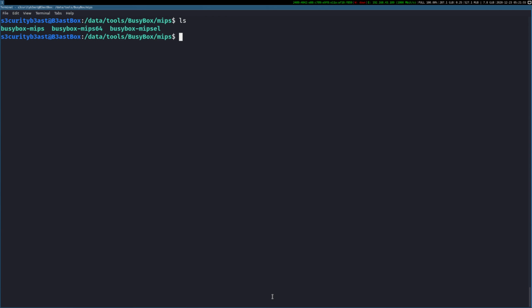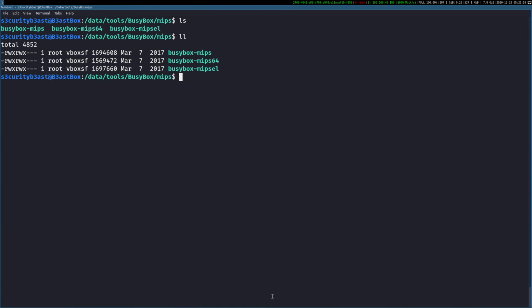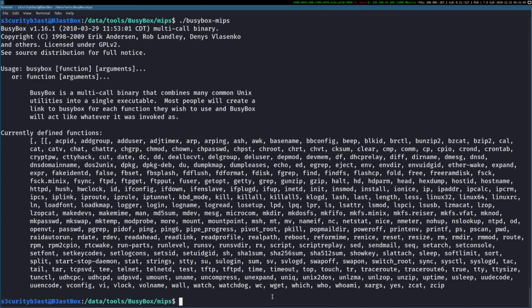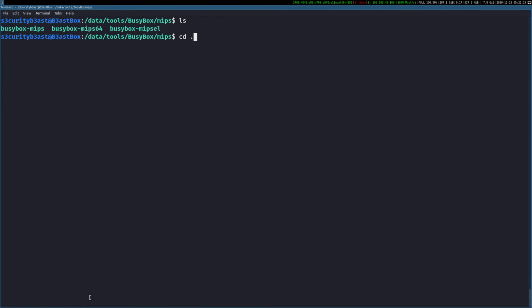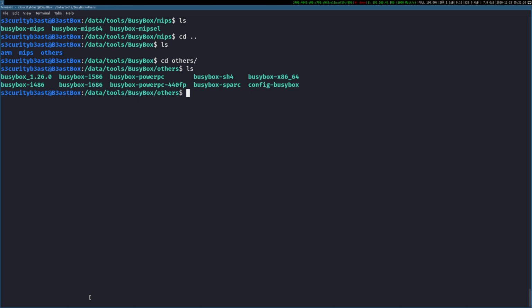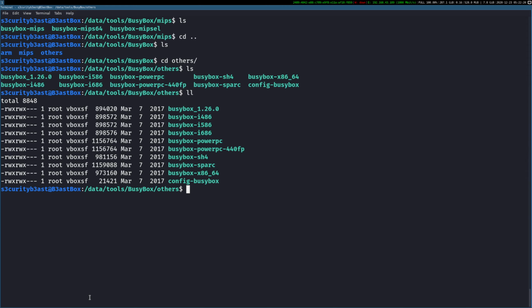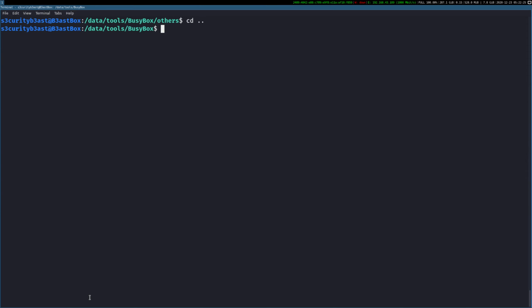Now we can run any command. After installing this user binary package, we can run any command like busybox MIPS. Can you see it? A multi-call binary. Let's take a type of it. It's a BusyBox MSB executable, and hooray, all set. These are some other BusyBoxes available here. Let me show you how many BusyBoxes I have.